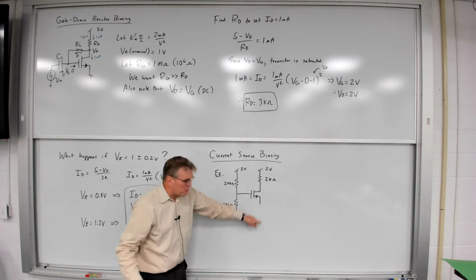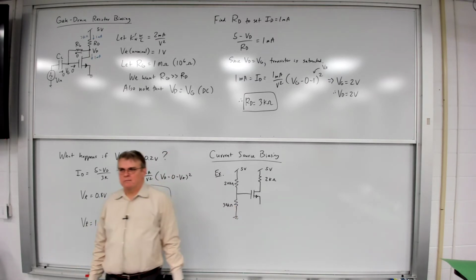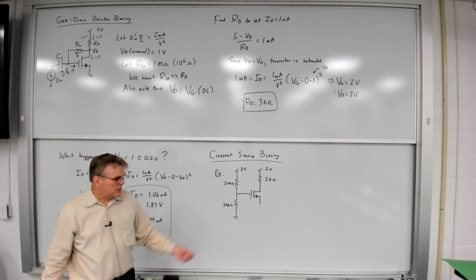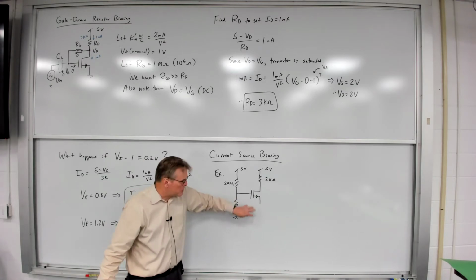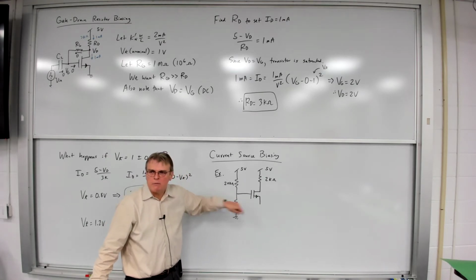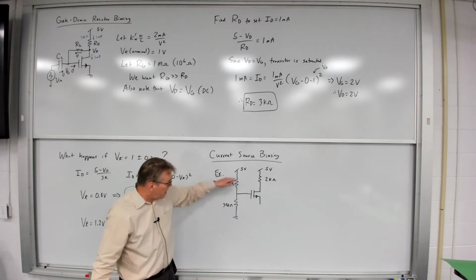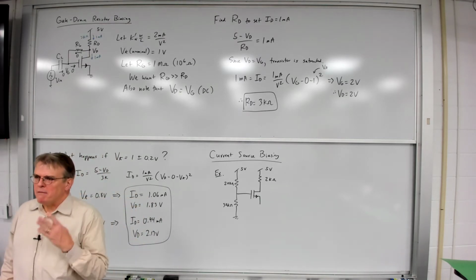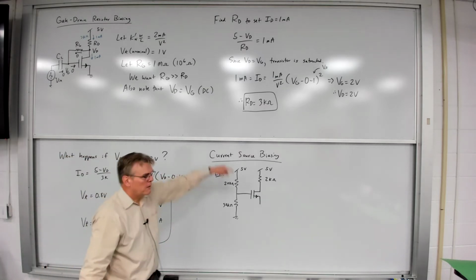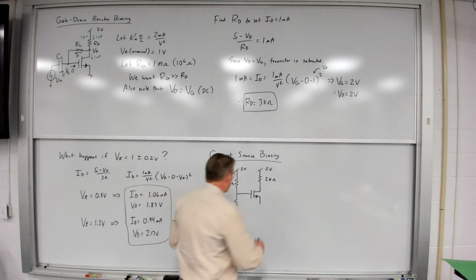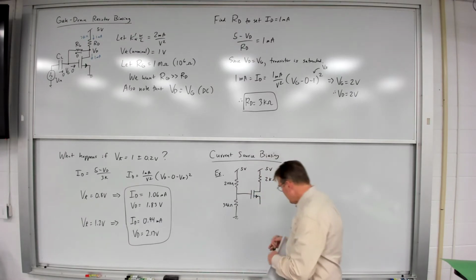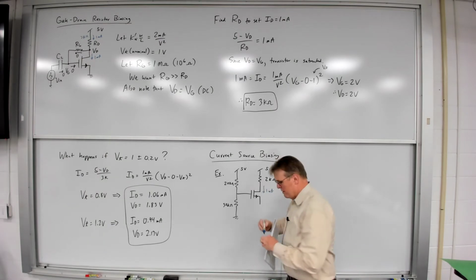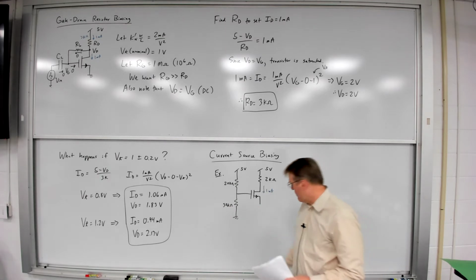And before we had a source degeneration resistor here which we could bypass. But obviously you still get some variations in drain current because, even if you make RS bigger, you're still going to see some influence due to the effect of threshold voltage variation, not to mention the tolerances of the other resistors in the circuit. Is there a way we can make that bias point even more stable? Yes. Current source biasing. Specifically, if I wanted ID to be exactly equal to 1 milliamp, as I chose for my previous design,